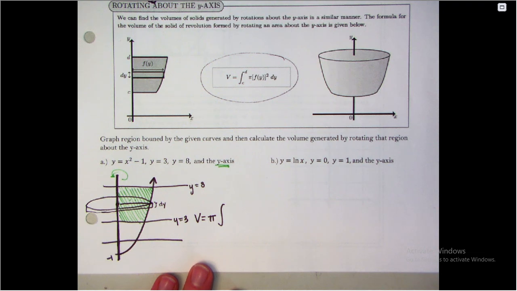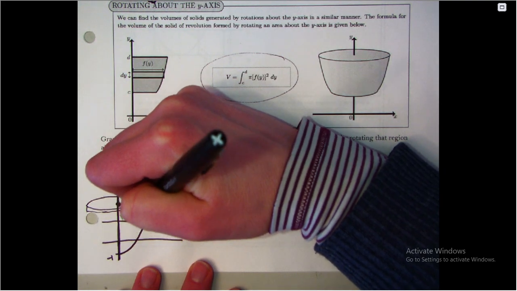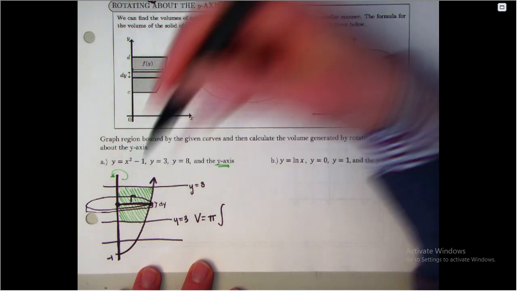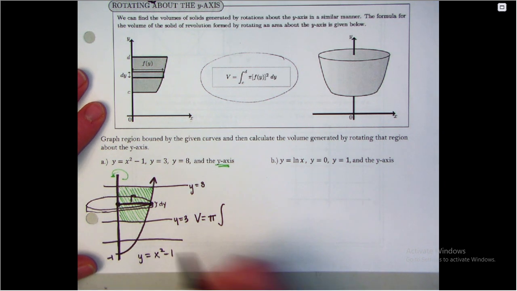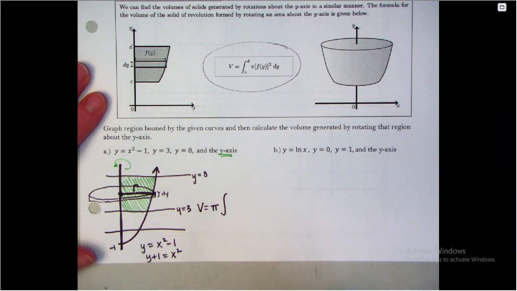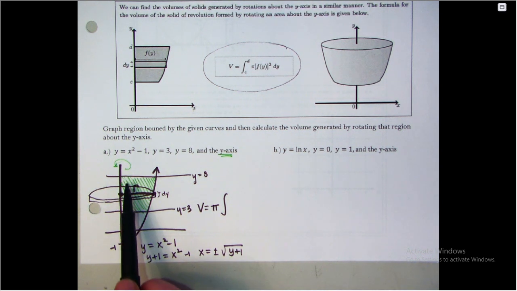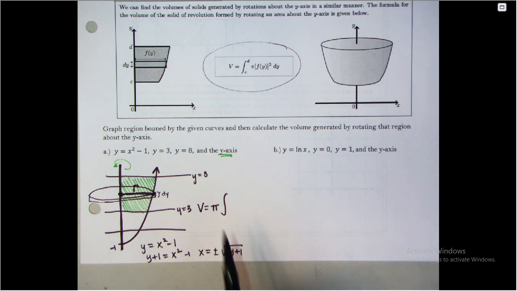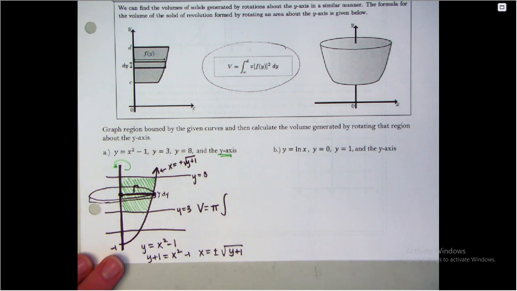So here, I'm going to think about it as, let's see, volume equals pi. Now, r would be the length of this segment from the axis of rotation to my curve. The problem is that I need to express it in terms of y. So I need to take my y equal to x squared minus 1, and I need to write that as an x equals function. So that would be y plus 1 equal to x squared, or x equals plus or minus the square root of y plus 1. Now in my image, my x's are positive because I'm on the right-hand side of the plane. That would mean that when I plug in a y value, in order to move to the right, I would be choosing the positive portion of this function. So the equation for this half of the parabola would be x equals positive square root of y plus 1. And that is my